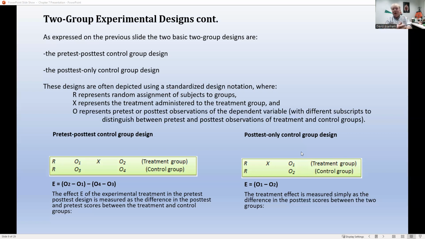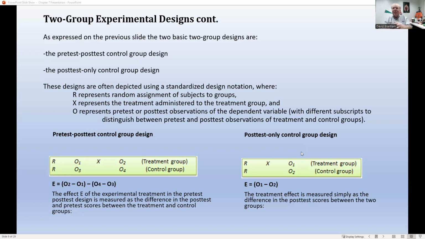And the control group might have gone down in blood pressure because, for instance, you might psychologically think you're getting a blood pressure pill and your blood pressure goes down. That could be a possibility. So you could do that with both groups and you get to see that. That effect, that O3 to O4 effect, can be found in this design. You can't find it in the post-test only design, but that's okay,